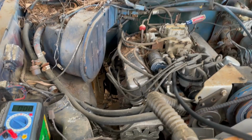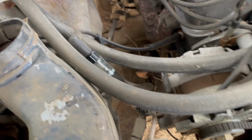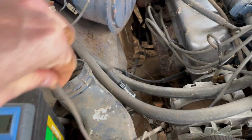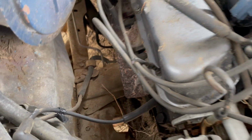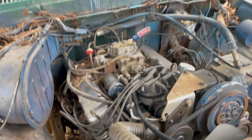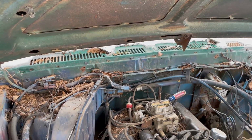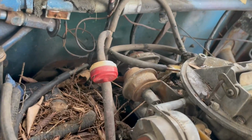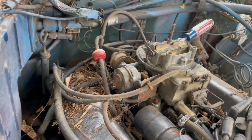The alternator's not working, so that's one thing that it needs. Could just be messed up wiring. Like this wire hanging here, I don't know what that does. So there's a few vacuum leaks that need to be addressed. Typical with these Fords, this base plate here that's got the EGR in it, they're problematic. It may be leaking there,